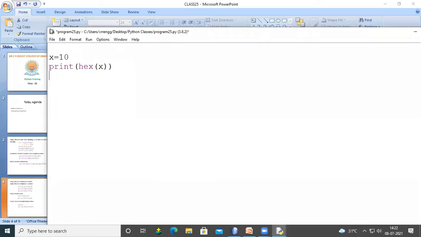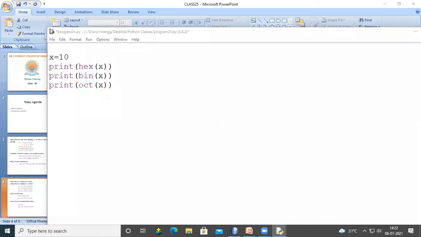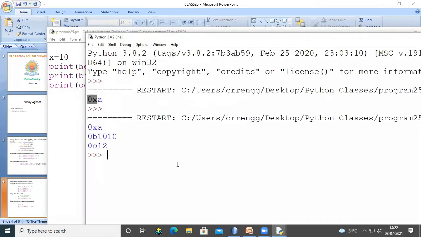Here we are going to print binary also. Print bin of x. Similarly, there is a function octal. Okay. So this is 0x, that means a hexadecimal number.